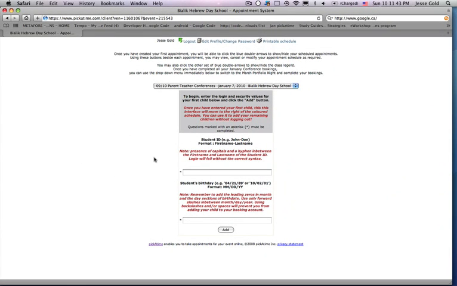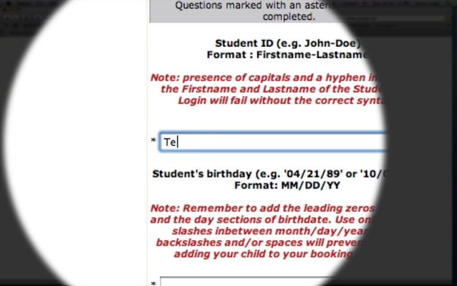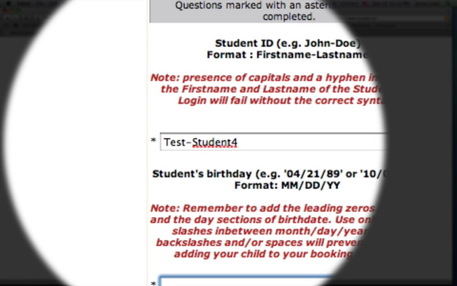When I do that, I get to a page that allows me to enter my students into the system. To do that, I need a student ID, and I need a security value, which is your child's birth date. So student ID takes the format of first name dash last name with a capital first letter on both the first and last name. Assuming my student's name is test student 4, I'm going to enter capital T test dash student 4, and the birth date